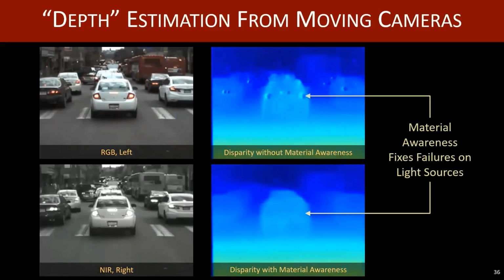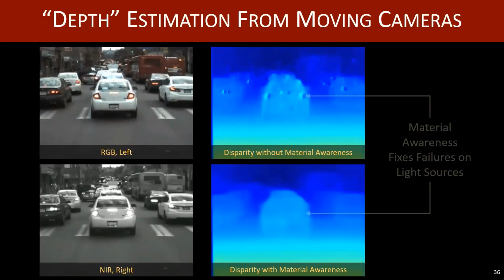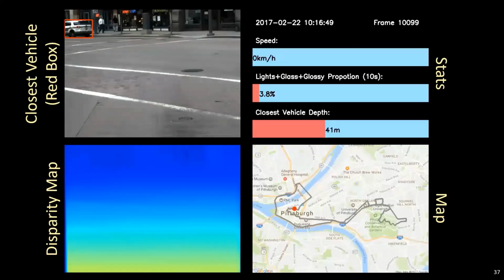In this video, we show how our method can compensate for bright light sources. If you focus on the taillights, they should be about the same gradation of blue, since they are approximately the same distance away from the car. Whereas in the top right video, you can see there are some minor differences. So the idea here is that if you can combine analytics with depth measurements on moving vehicles,